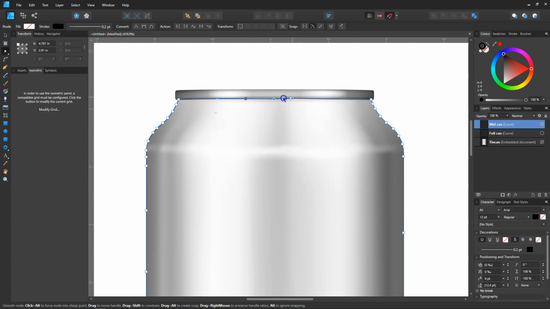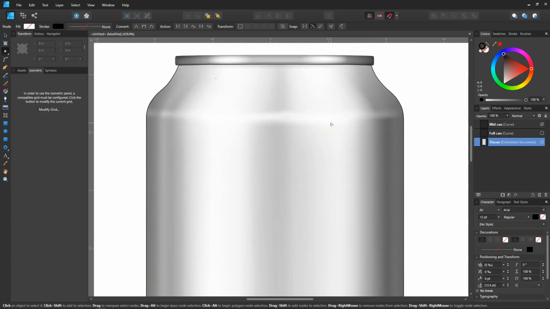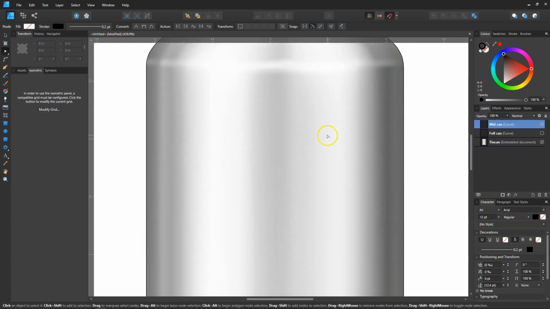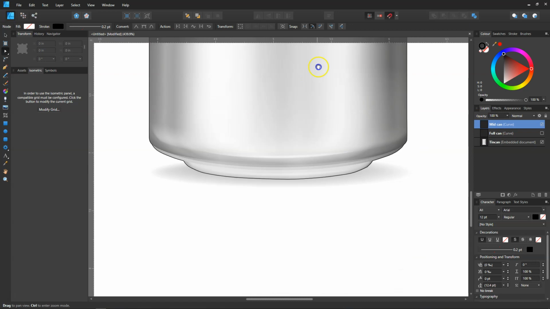the best we can. I do want mine quite smooth, so this one can be a little bit fiddly. That's not quite on the line, so I'm just going to add a new node there and go down. That looks alright. Once you've got that, make sure we've still got mid can selected, and come down to